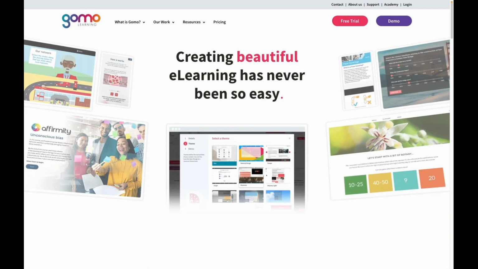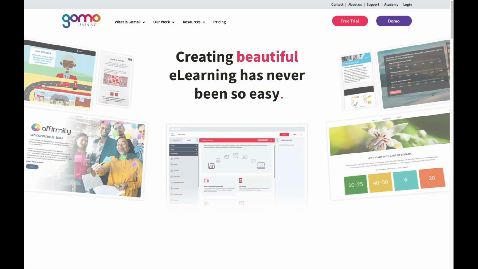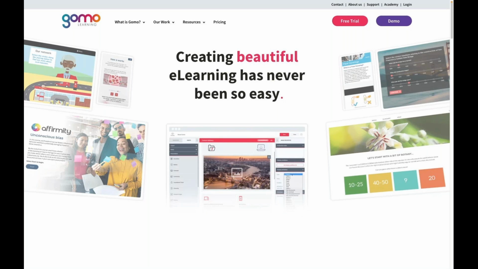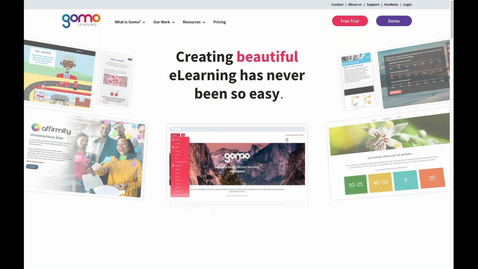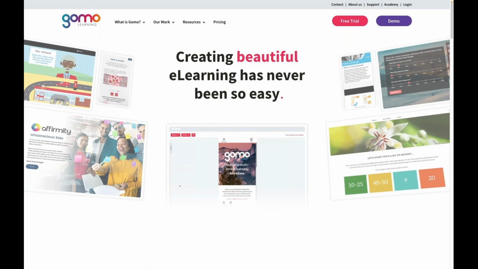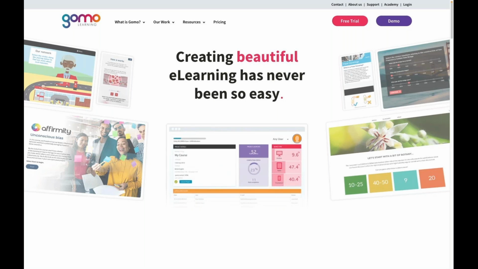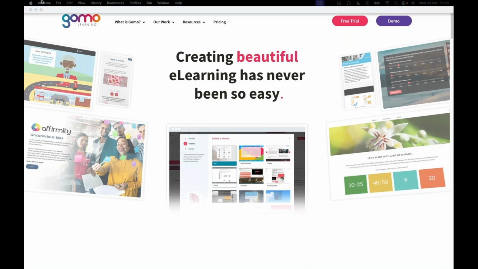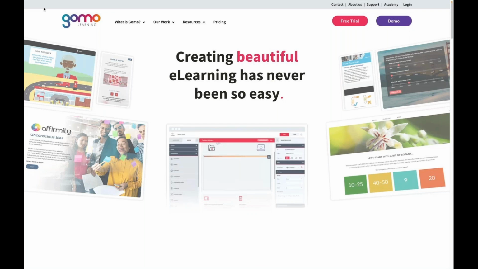And the good news, as we'll see, is that Gomo is going to do a lot of the work for you. But we're also going to have a look at things that you need to consider as learning designers to make sure that the courses you put together are as accessible as possible. So to start, let's just go and have a look at the first aspect of, if I can get my window to work there,